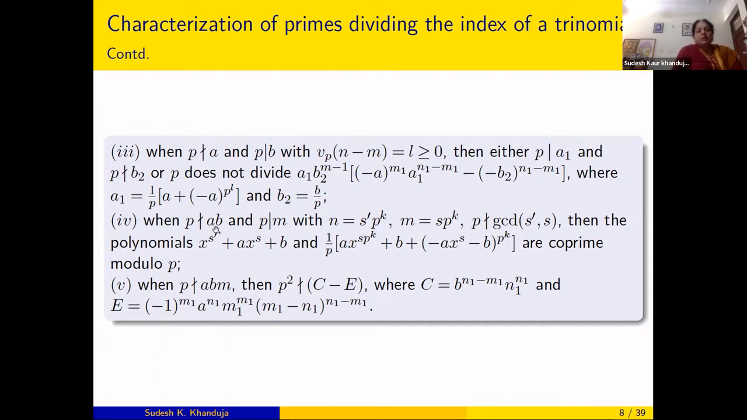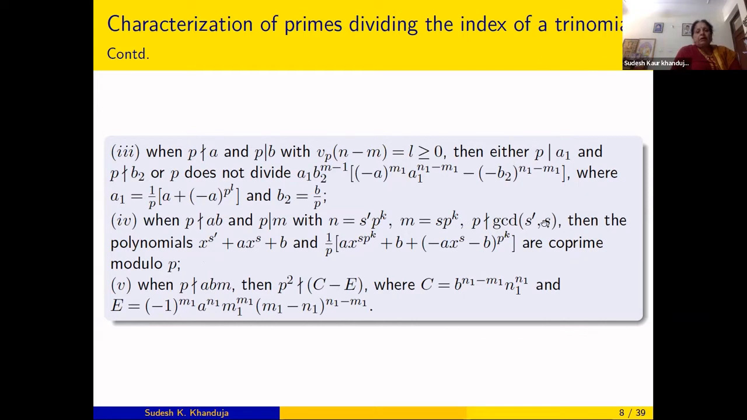And when p does not divide ab, p divides m, with n equal to s' p to the power k, m equal to s p to the power k, and p does not divide the GCD of s' and s, because once p does not divide ab and p divides m, then by the formula of Swan, one can see that p will divide n automatically. So